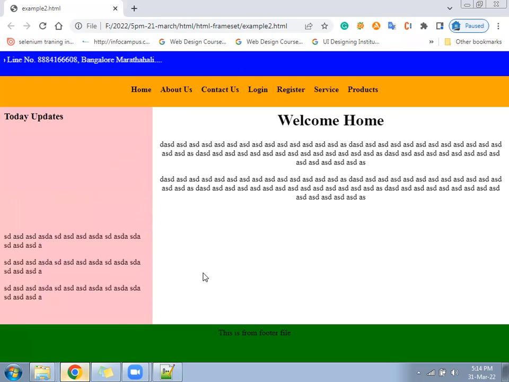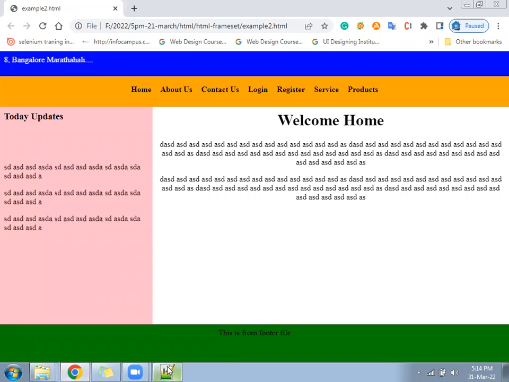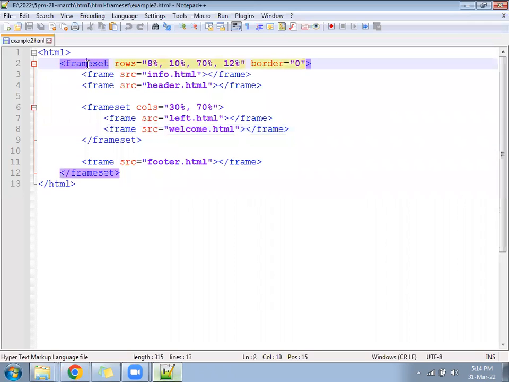Okay, so hope this design is ready, and we are going to do some changes in that. So open your file, example2.html file, that is the study we have made. Okay, so hope you opened the file. Now in this file,